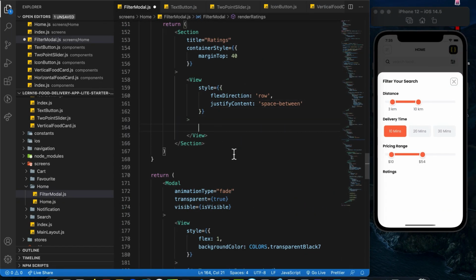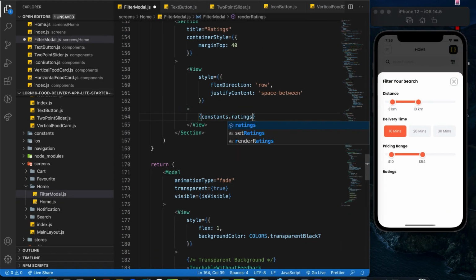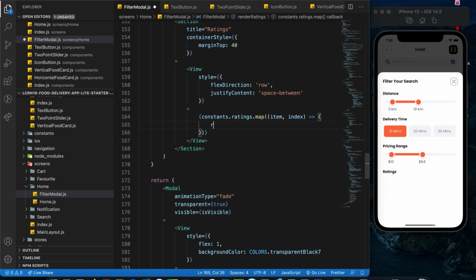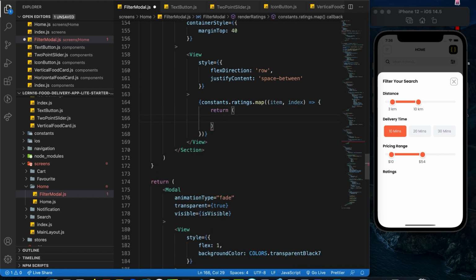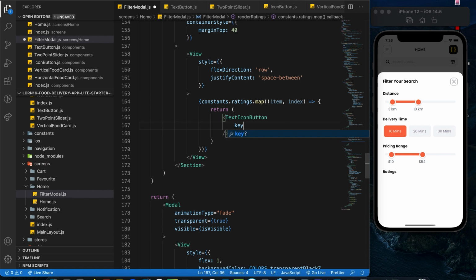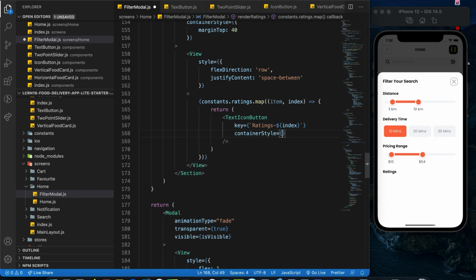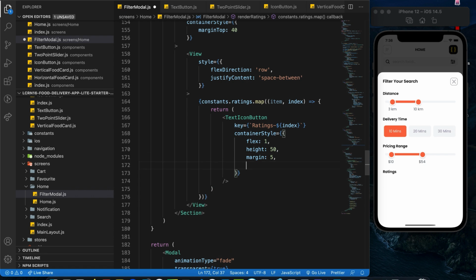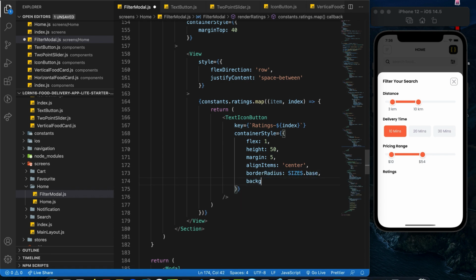So over here, constants.ratings.map, item, index followed by the arrow function, and over here we are going to return a custom component called TextIconButton. For this component, we need to supply the key prop ratings-index, like that, and we need to supply the container style: flex equals to 1, height equals to 50, margin equals to 5, align items equals to center, border radius equals to sizes.base, and the background color,